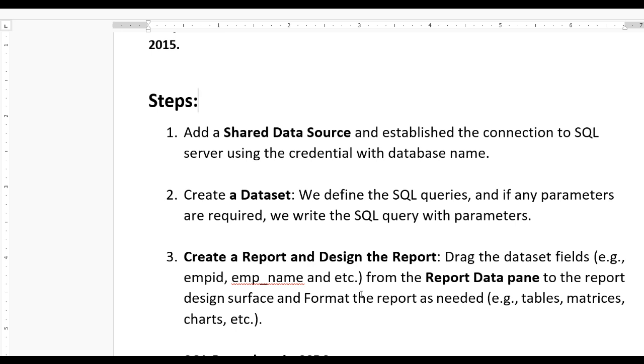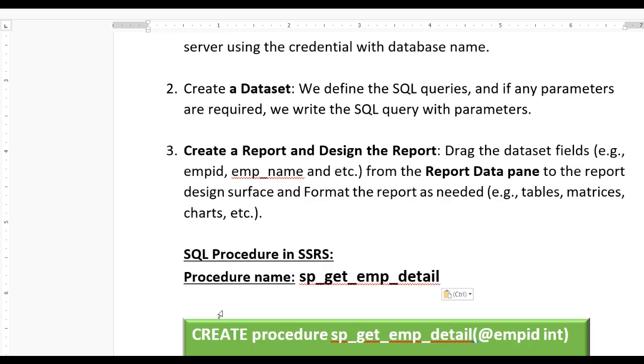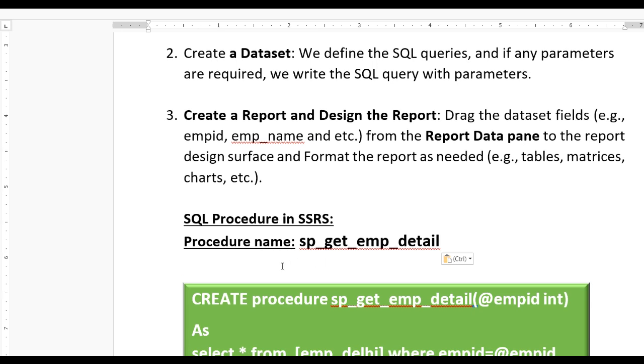First we need to create a report and drag the dataset fields, for example employee ID, employee name and so on, from the report data pane to the report design surface, and format the report as needed, like tables, matrices, charts, etc. Here we are using the SQL procedure in SSRS, so the procedure name is sv_get_emp